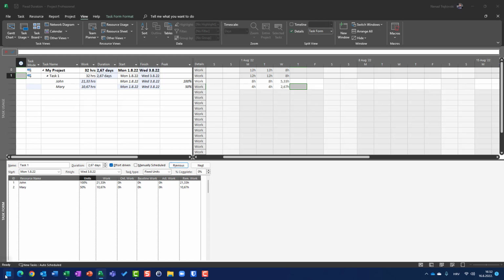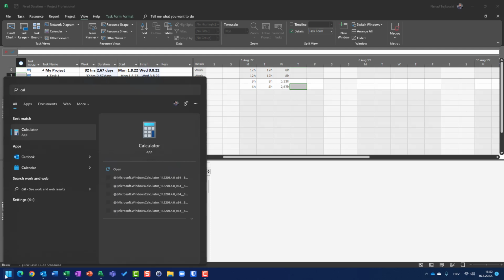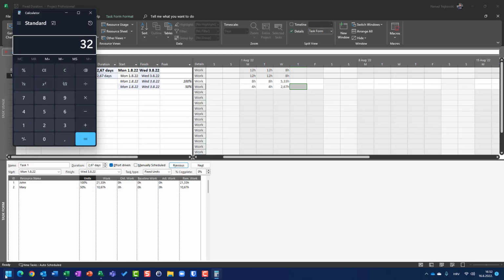When I go to the calculator, I have 32 hours, but Mary is going to work 1/3 of that, which is 10.67 hours. And John is going to work 32 hours multiplied by 2/3,